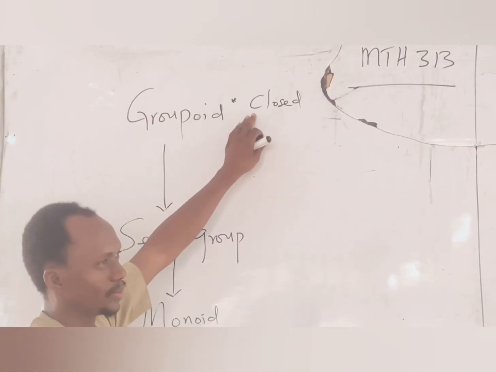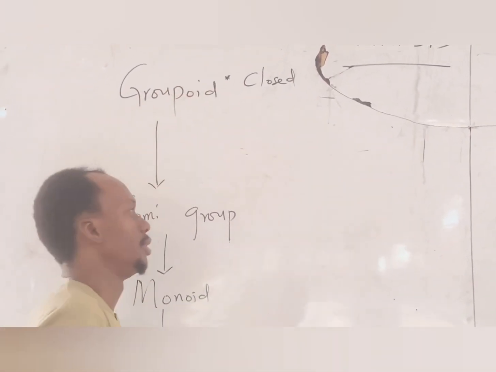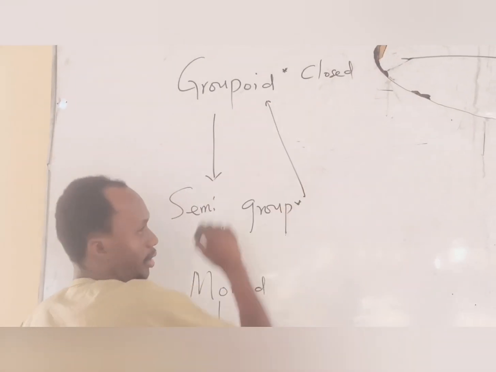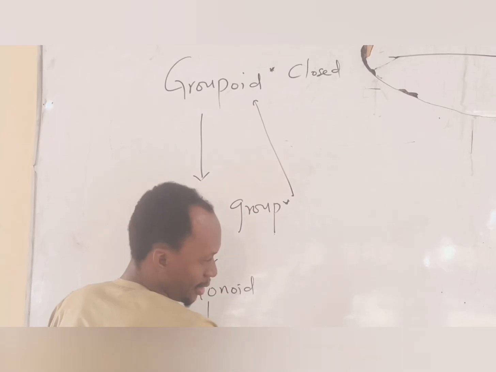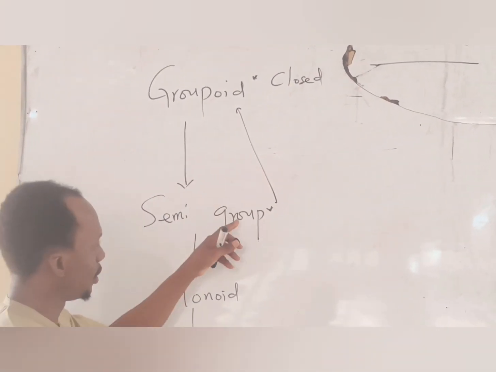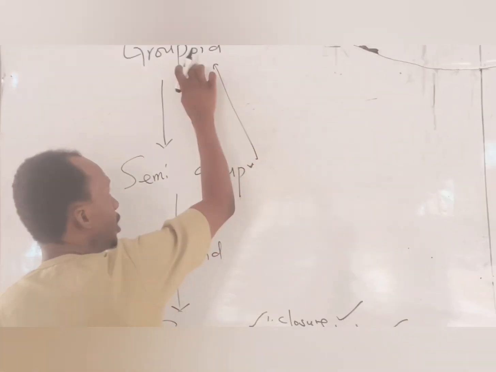That is true. That's what we call a groupoid. Are you watching? The next one is a semi-group. A semi-group is a groupoid